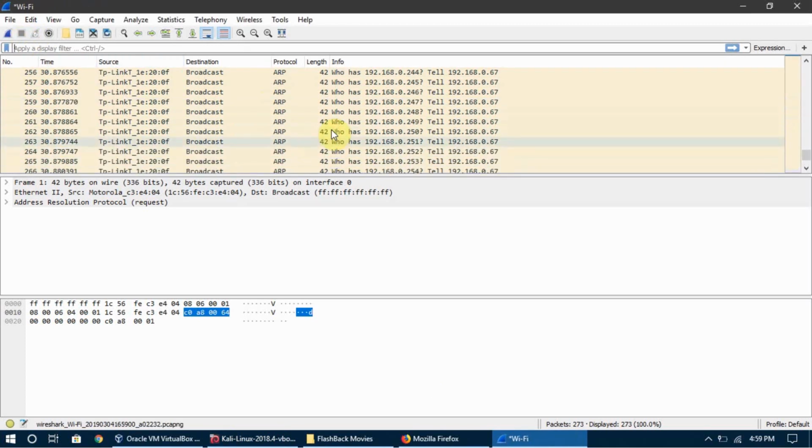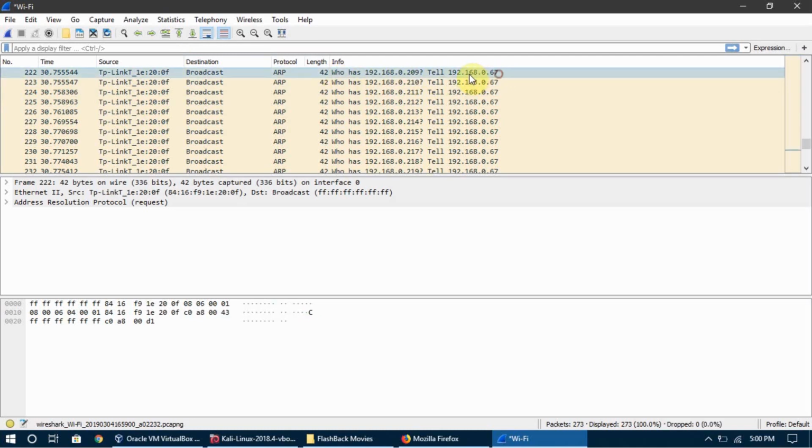Here you can see that this is a device which has this source, and what it is doing is broadcasting. It has no specific destination. It is sending requests to each and every device which is available in the network. The protocol is ARP, and it is asking who has 192.168.0.209, tell this IP address.